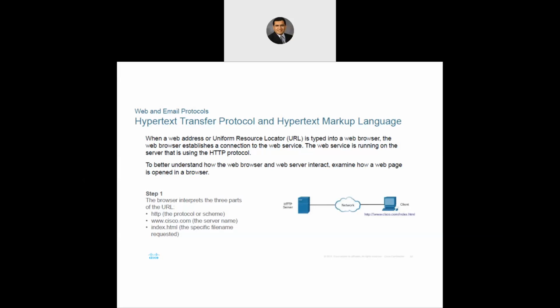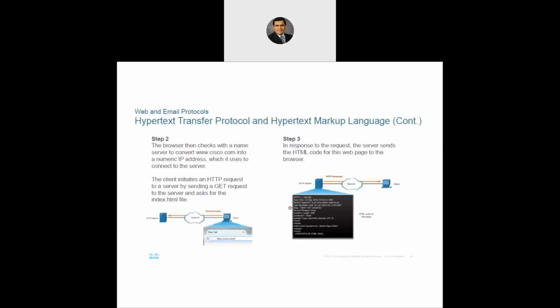Okay. Once you make the request from your computer to the server, guess what happens? In step two, the browser checks the name of the server to connect to, and then it will find the IP address related to www.curtin.edu.my, because that is a DNS name. It will find the actual IP address. Once it finds that, then it will give an HTTP request with a GET request, and it will try to